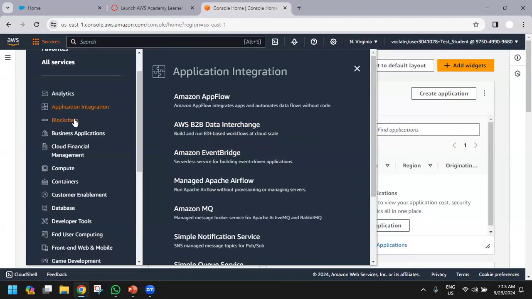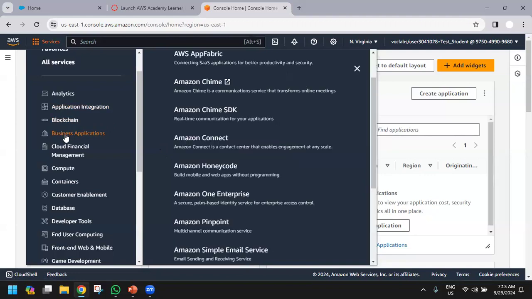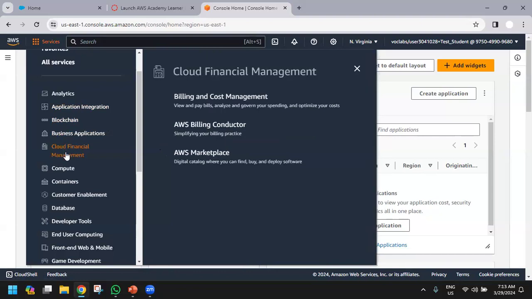Then blockchain related, all the options are available. Then business application related software are there. Then cloud financial management, like how billing and cost management is done. How do we understand this billing? There is AWS Billing Conductor.